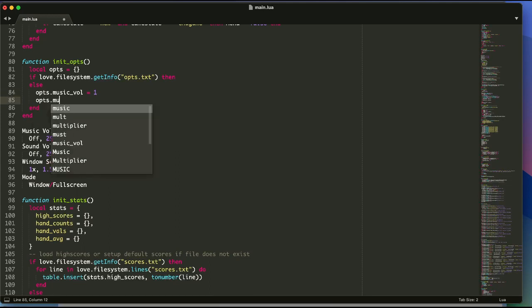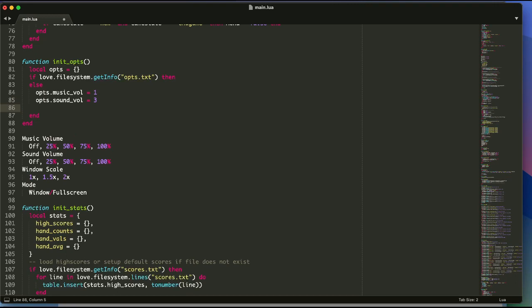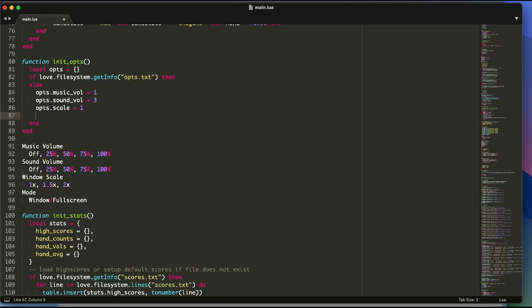Ops sound vol, 0, 1, 2, 3, 4. That could be full, maybe 3. And window scale, we'll just do 1. And ops mode equals 1, 1 for window. So just by setting default,